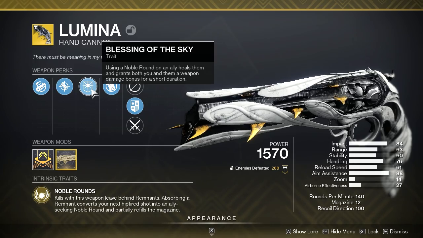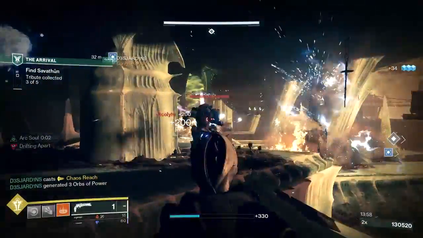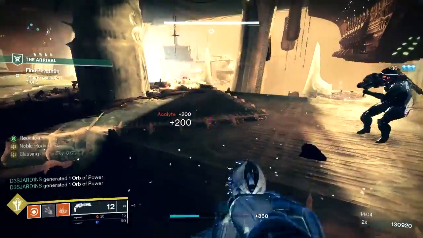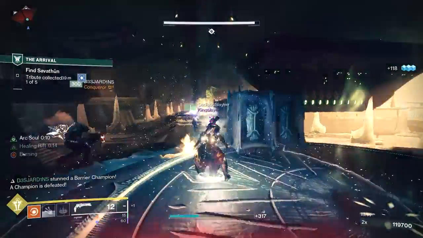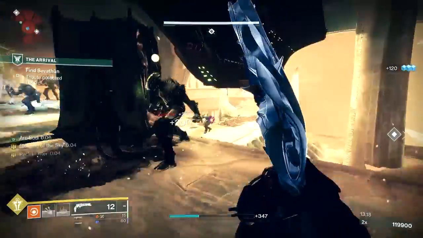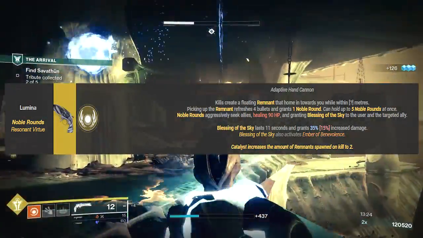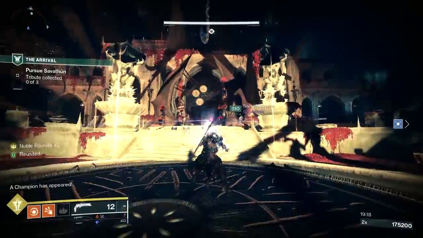After kills with Lumina, remnants are left behind at the target's death. Once unlocking its catalyst, Lumina will create 2 remnants rather than 1. When absorbing these remnants, you generate noble rounds that are fired off from hipfire. These noble rounds seek out allies just as the Boots of the Assembler do. When you collect a remnant, your magazine will be partially refilled, and when noble rounds strike your allies, both you and your ally will receive a damage bonus of 15% for a total of 11 seconds,